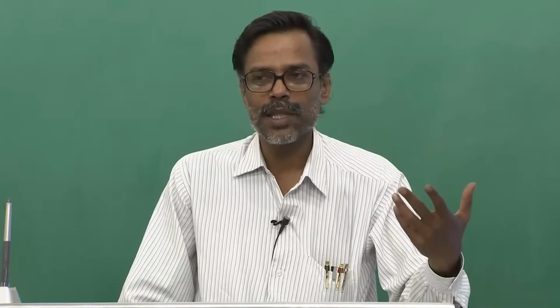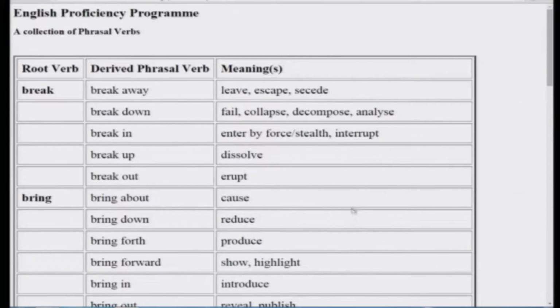One is to consult such lists and study them in detail along with examples in sentences, and the other is to read a lot of books. Okay. And this list that we are giving is extremely limited, because it is not possible for us to compile a huge list and put here, and that is not useful either, because these lists are there everywhere. Okay. So, here I am showing you just a sample in order to emphasize that these are important,